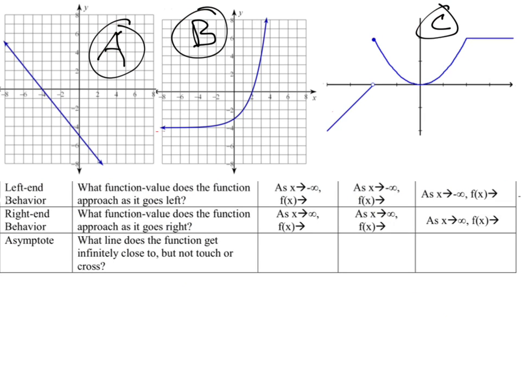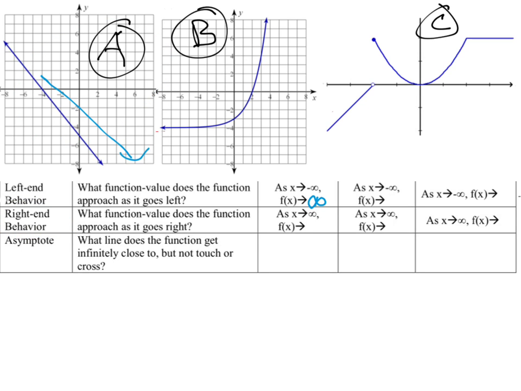If you look here, we got our functions from our notes. We got our A, B, and C, kind of our favorites around here. On A, I want you to think, if you go left forever, how high up will you go? Well, this is going up forever, so your function is going to go to positive infinity. It's got the phrase, as x approaches negative infinity, meaning left, f of x, the y's, approach positive infinity.